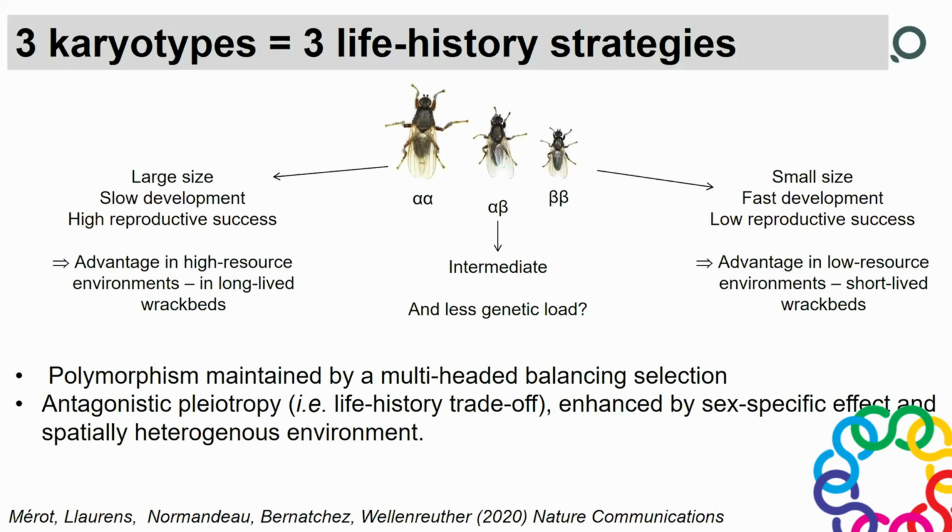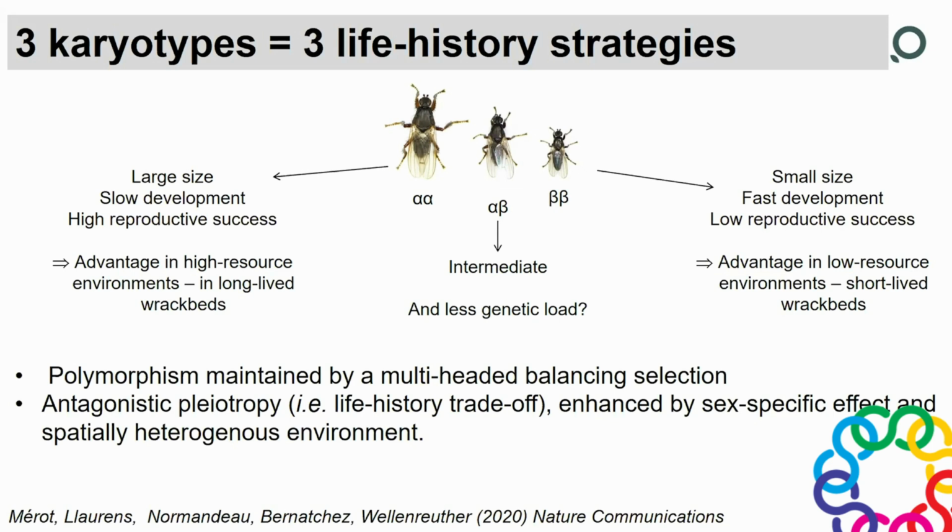And what we found is that actually these 3 inversions correspond to 3 different life history strategies. We did a lot of modeling as well, but just in a nutshell, the alpha-alpha homokaryotypes, so those individuals that carried the alpha inversion both times, are the very large males, right? So they are large. They show very slow development, they are long-lived, and they have a very massive mating advantage, because mating in the species is forced. The males jump on the back of the females, they hold on to them with all of their